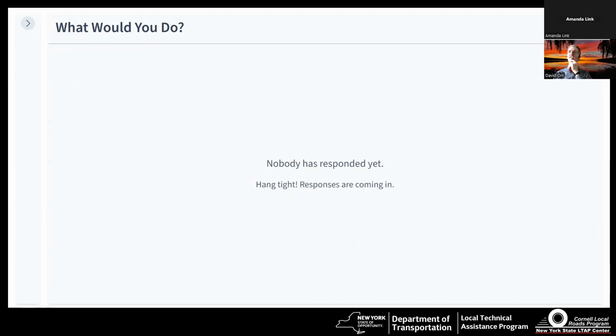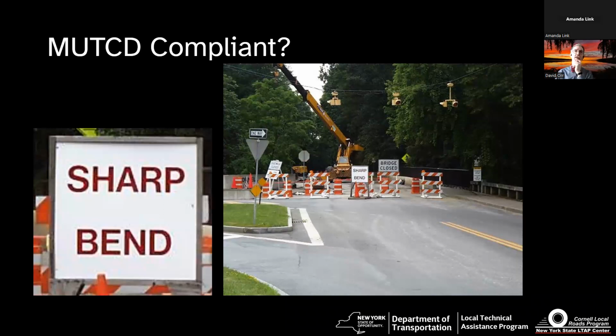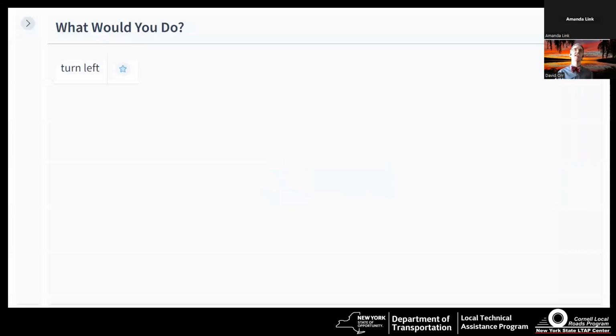Okay, I've activated this on Poll Everywhere, and I'll go back and show you the picture so you can start typing in your answers. What would you do? And we'll go look at what you would do instead. Again, if you can't access Poll Everywhere, you can always put it into the Q&A.